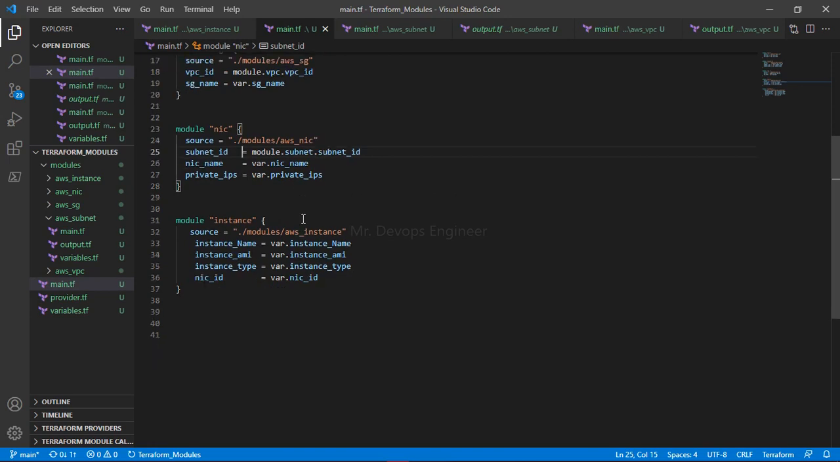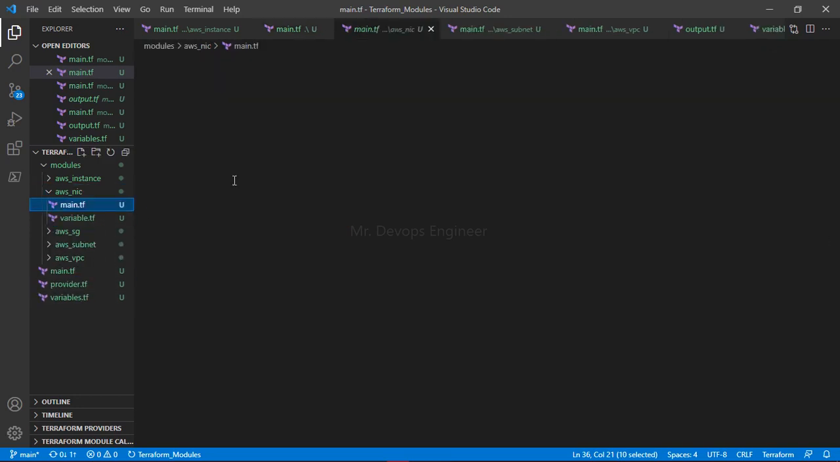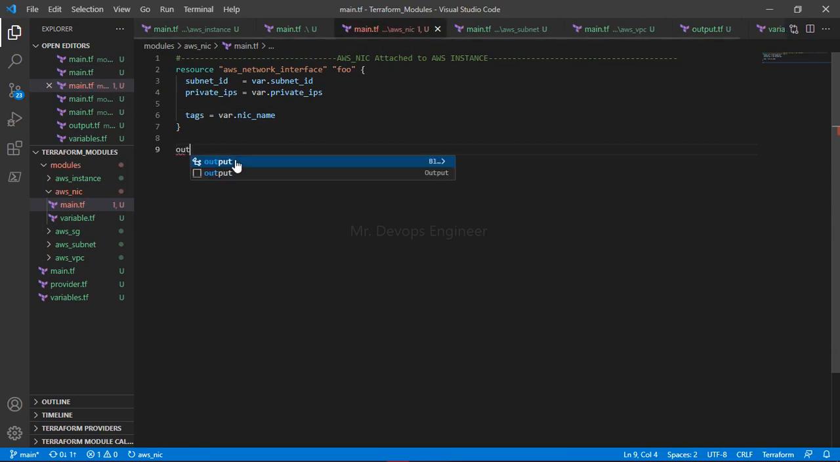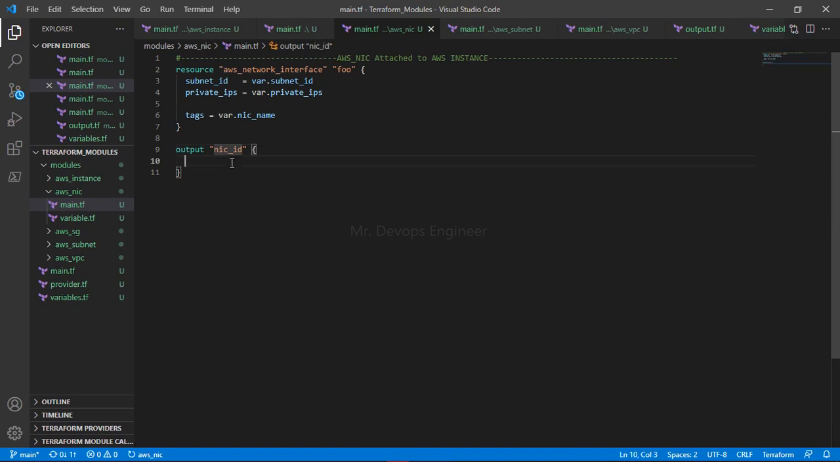Okay, so now what are the things required? Now we need a nick id, correct? So again go to nick, go to main, again output nick id. You can provide any name, right? You don't think like I am passing this only. You can provide any name, the same name you will use there, like module dot module name dot this name only. Okay, value equals to, so this is a long name, so let me copy